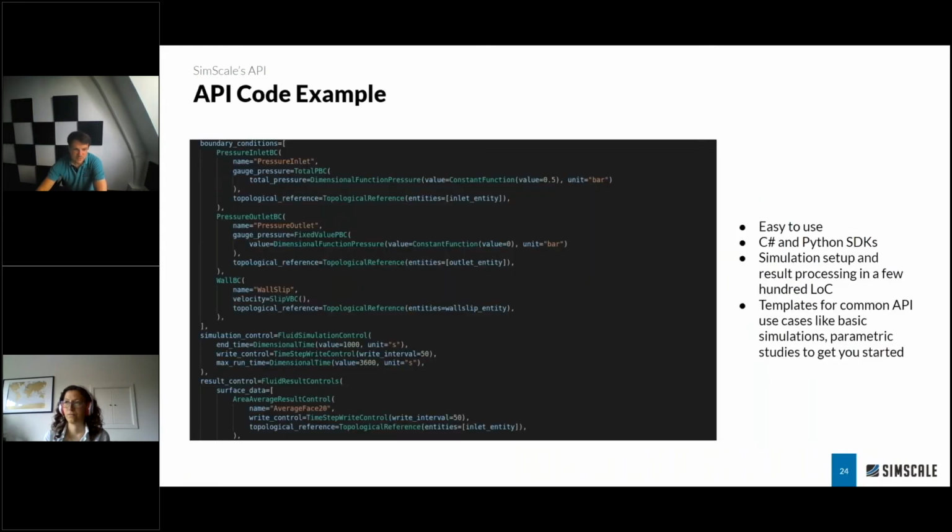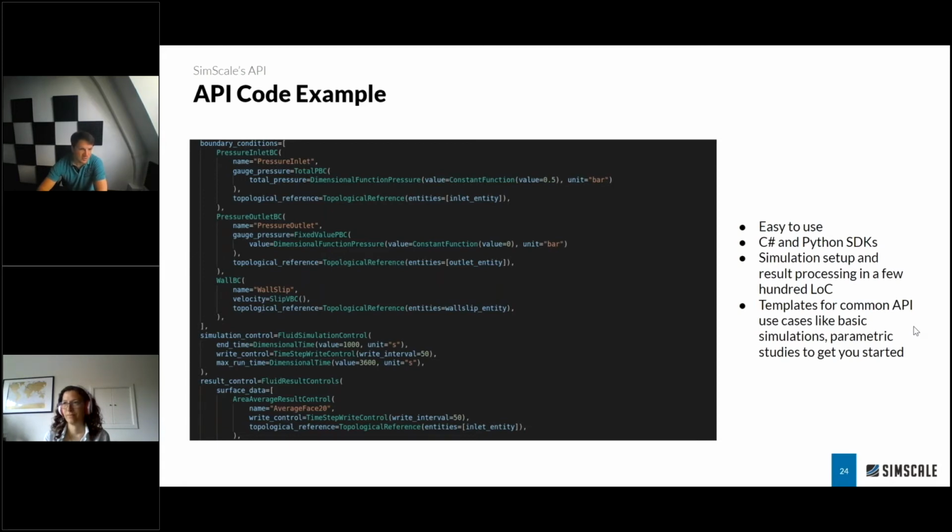I also want to simply, coming from a computer science background, I couldn't resist putting some code here. We won't go into too much detail, but just to show you, for this use case that we discussed today, this is how it looks in Python code. So we mentioned before, we have a Python SDK to get you started quickly in developing with our simulation API. We also have one in C#, but just to show you the Python code a bit,